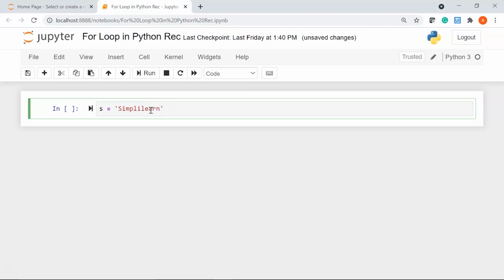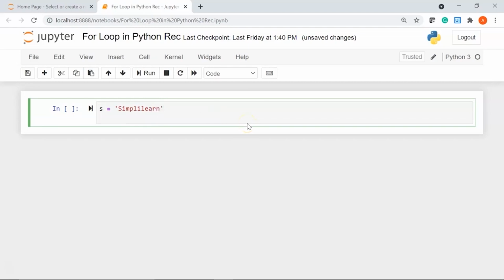Okay, now the way to write a for loop is I'll say for i, which is my iterator variable. It can be any valid variable name in Python, in my variable that is s. So here s becomes my sequence.